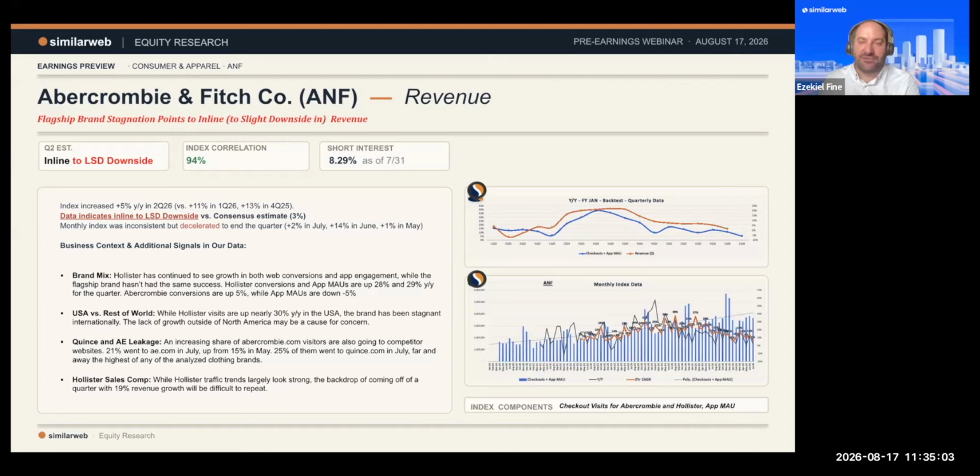21% of Abercrombie visitors also went to AE.com in July. This is up from only 15% in May. Additionally, an analysis of all the softline retailers we're covering showed that Abercrombie.com had the highest potential leakage to Quince.com,